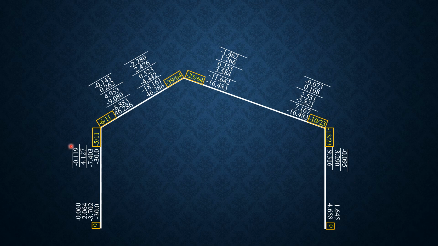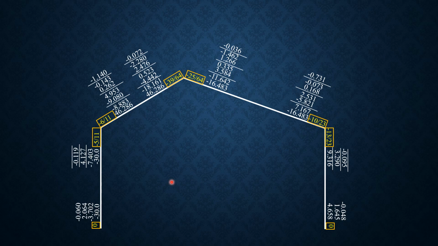Carry over, so 0 here, half of negative 0.119, negative 0.06, half of negative 2.28, negative 1.14, half of negative 0.140, negative 0.072, half of negative 0.073, half of negative 1.462, negative 0.731, 0 here, then half of negative 0.095,